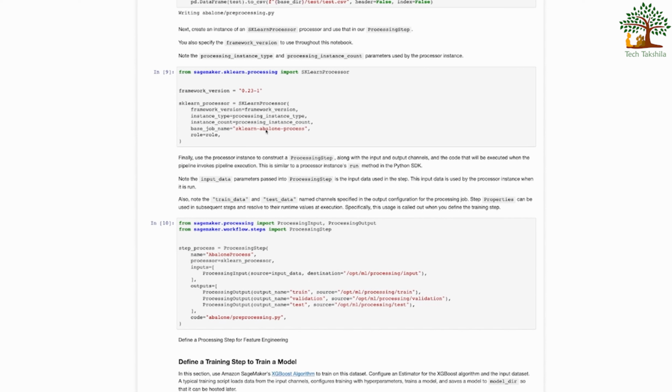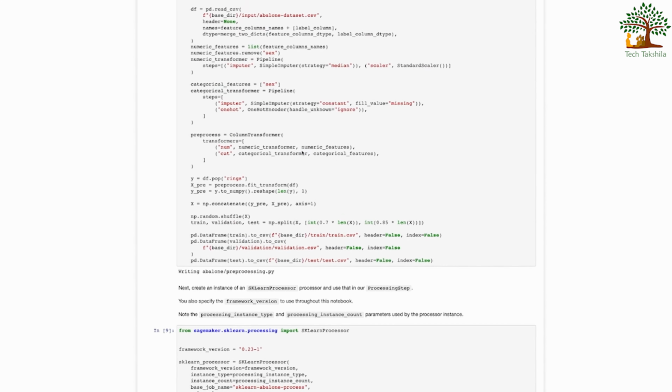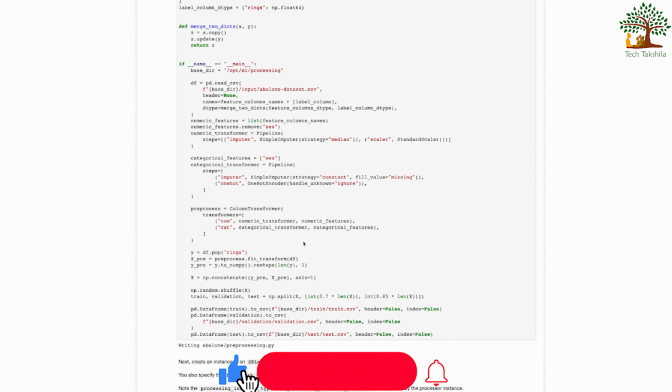Now let's quickly go over the pre-processing code, which is basically reading the Abalone dataset.csv and then filling in the extra details before finally dividing into the three datasets that we have talked about earlier, which are the training dataset, validation dataset, and the testing dataset. In the code, this part is filling the missing sex category data and encoding it, and this part is scaling and normalizing all the numerical fields as we described. Now that was quite a run for the processing step. Please let us know down in the comments if you folks faced any difficulties setting this up.